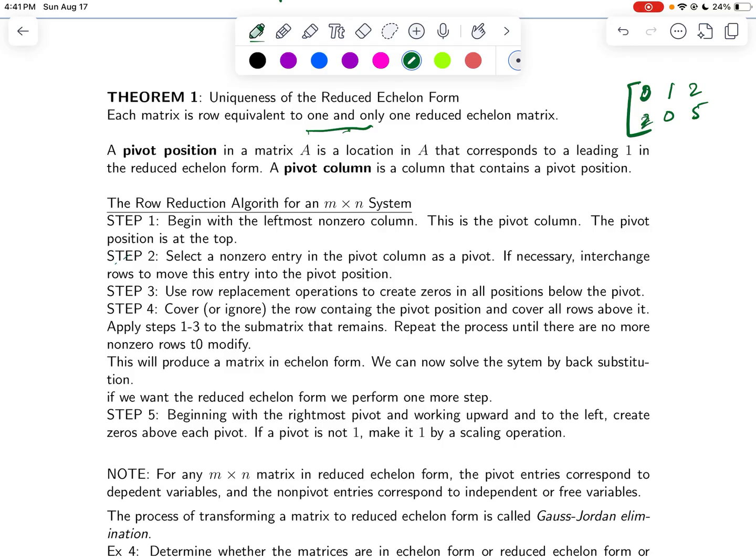So if my augmented matrix looks like this, in the first column I have a 0 in the first position, so this cannot be the pivot, but this is a pivot position. The pivot position is this one, so we must have a non-zero entry in there. So how do we get that? We swap, or interchange, the first row with the second row. So then